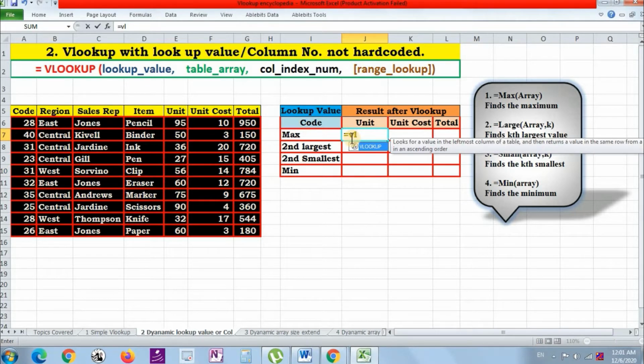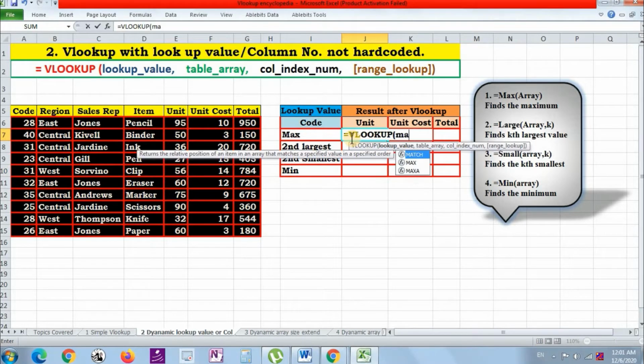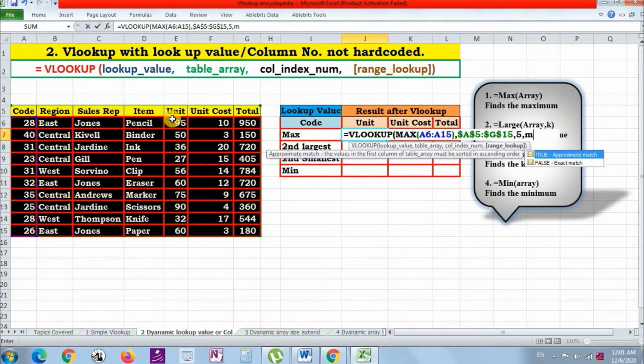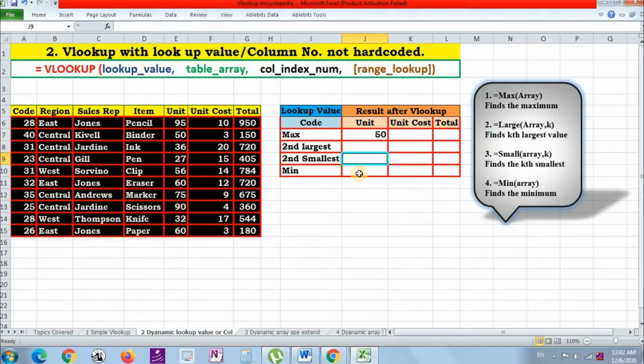So this time our lookup value will be max and table array will be this one. Column index number will be, since I want to return unit, so 1, 2, 3, 4, 5. Exact match, enter.